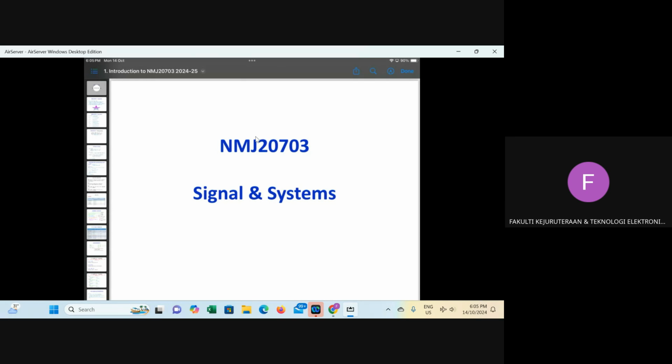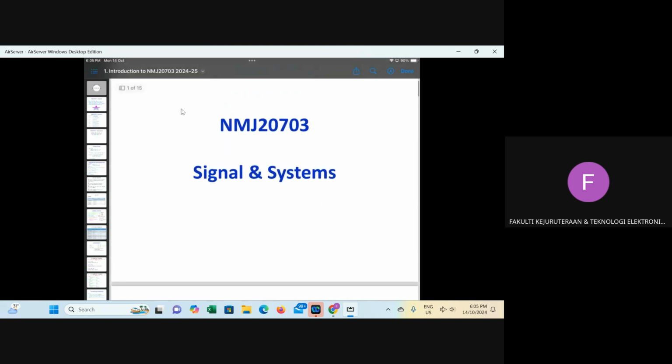Okay, so this is our first class, Signals and Systems. It's a course for year 2 students. Make sure you register using this code, NMJ20703, because there's another subject in year 3, Digital Signal Processing, which is different.